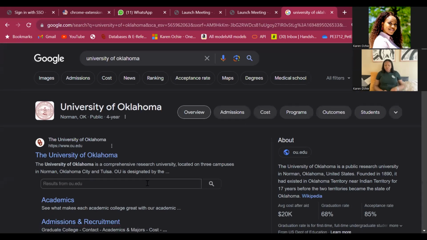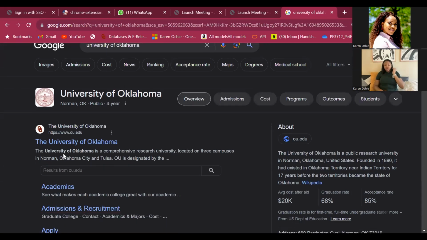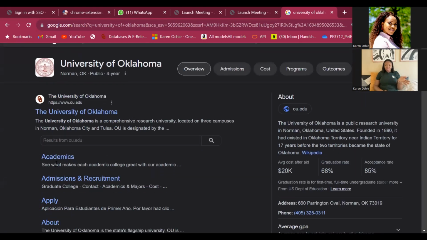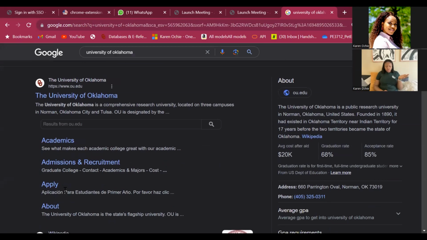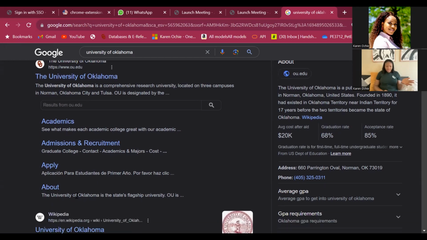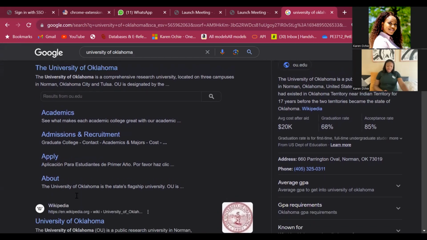On the first page, you'll see University of Oklahoma, then you'll see things like academics, admissions, admissions and recruitment, apply, about. Then you can go ahead to click on